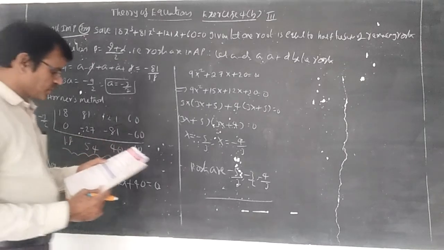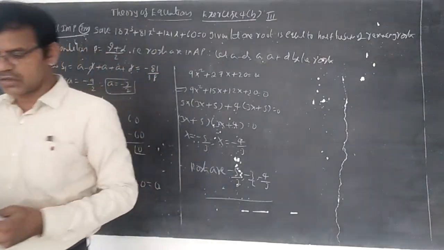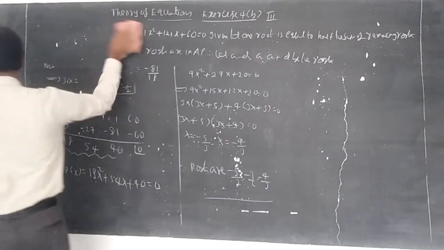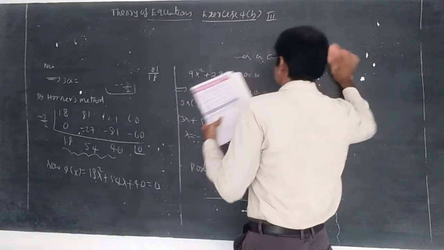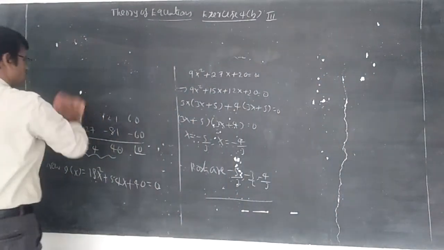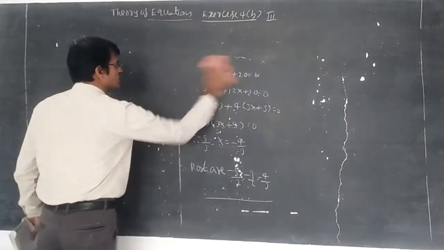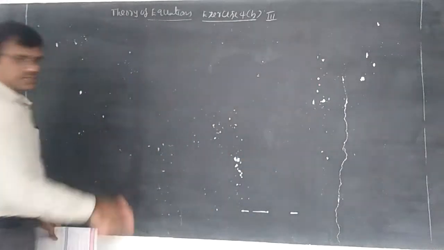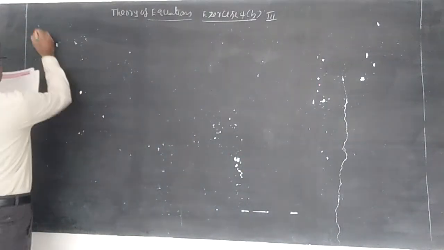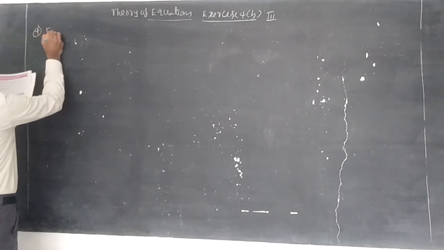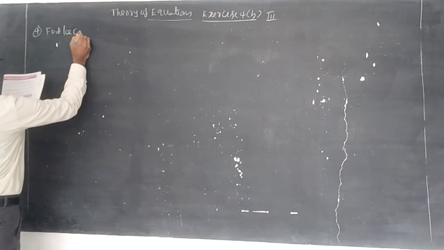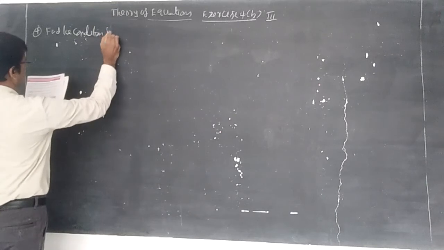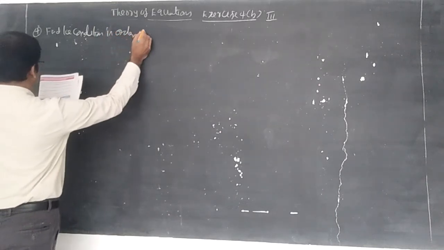So okay, now fourth question: find the condition in order that the equation may have two pairs of equal roots. This is a theory question. Maybe the question will not be given in any exam, but of course, let us know the theory. Find the condition in order that the equation